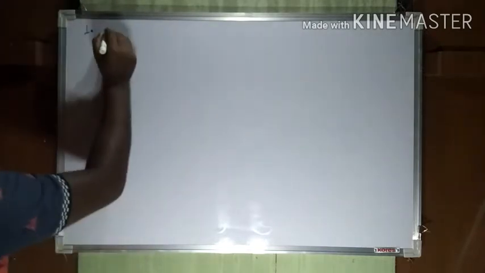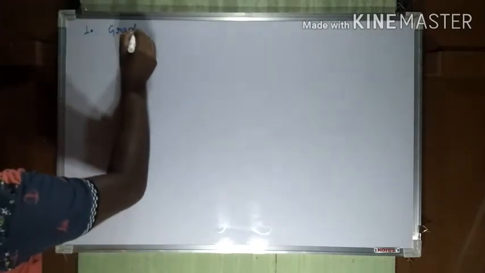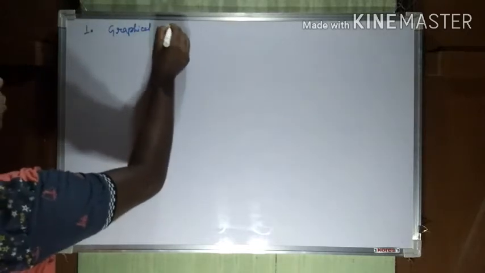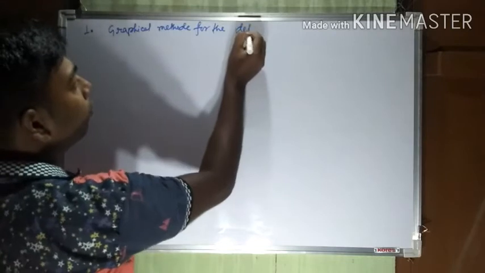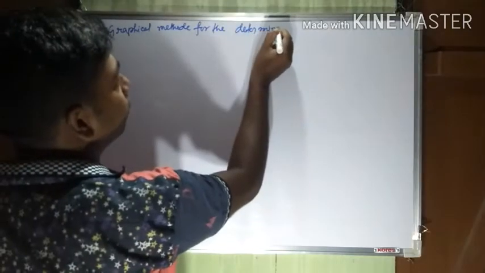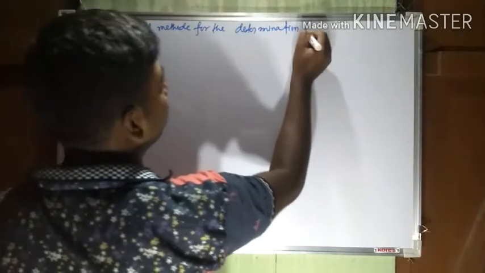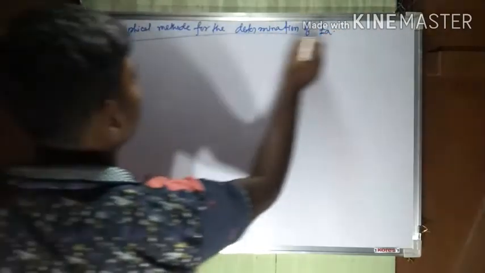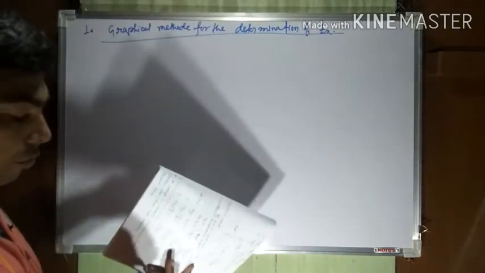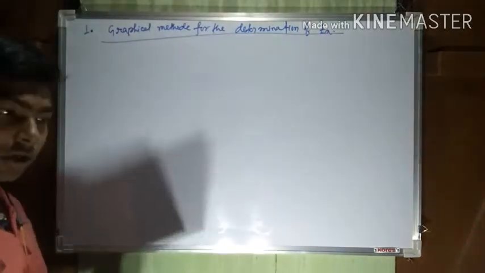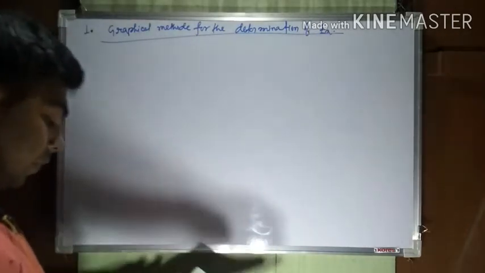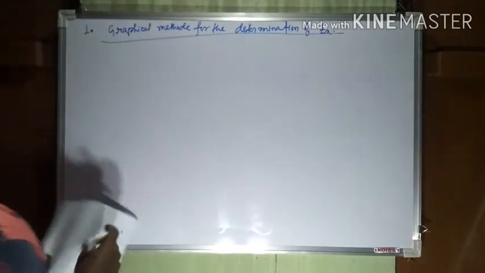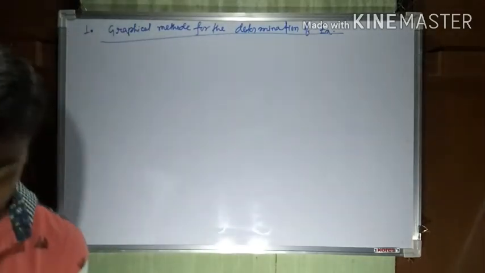First one is the graphical method for the determination of activation energy, Ea. How can we find the activation energy with the help of the graphical method? See, as we know,